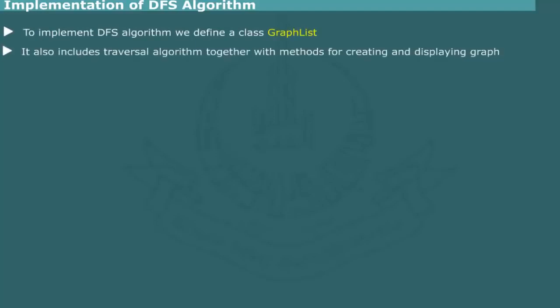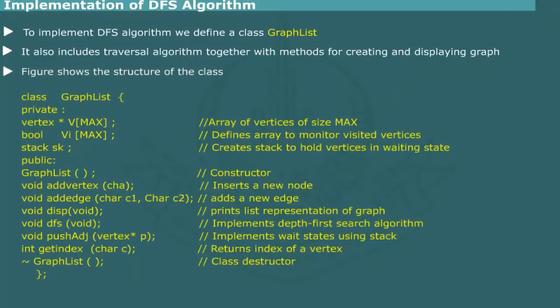In order to implement the depth-first search algorithm, we define a class which includes the graph traversal algorithm together with the methods for creating and displaying a sample graph. Figure shows the structure of the class named GraphList. It uses two external classes called vertex and stack. The graph itself is implemented as a linked list. Observe that the class includes following private members: